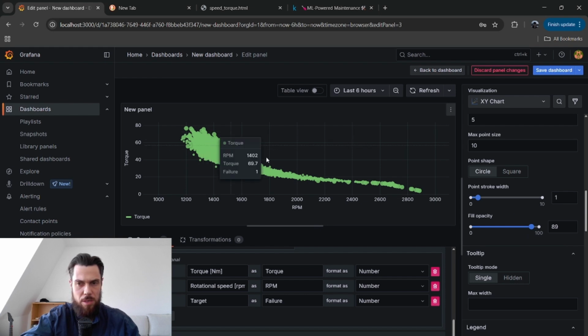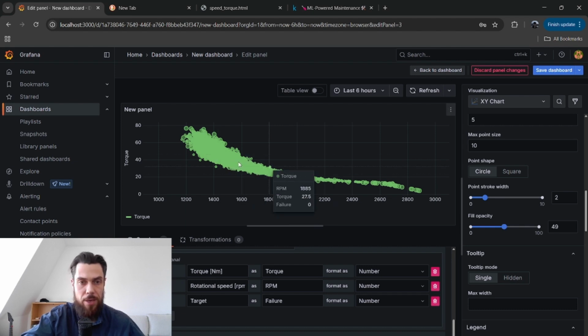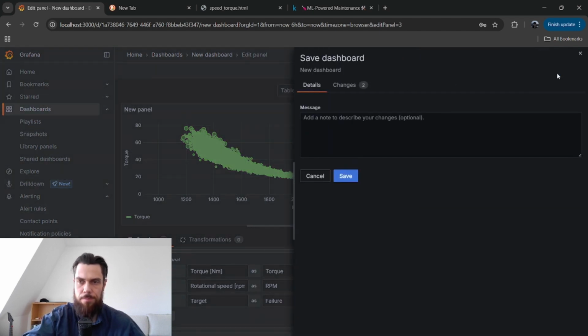I don't know. I need like point stroke width. Let's try this. Anyways, it's good enough, I guess. But yeah, you can play around with like save,